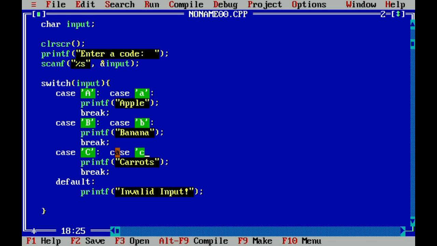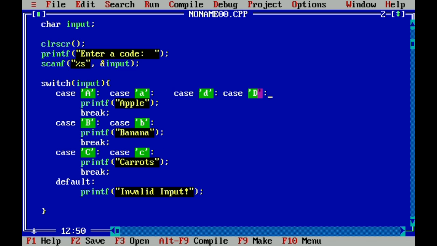Single quote, small letter C, and then colon. So you can actually create more cases here, on just one line. If you want your case apple to also print if the input is letter D, you can just create here case capital letter D, and then colon.